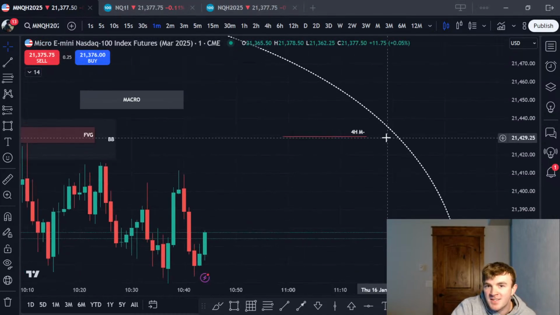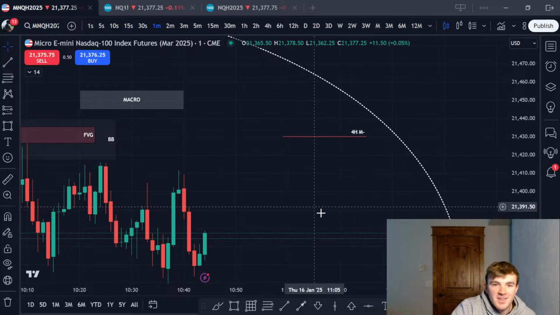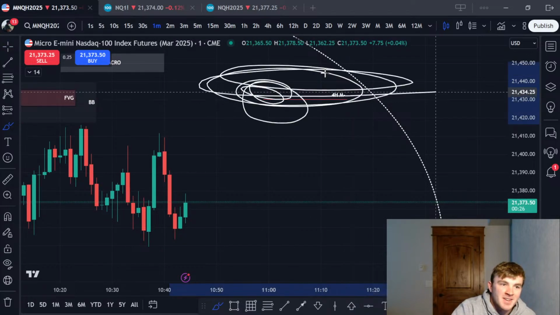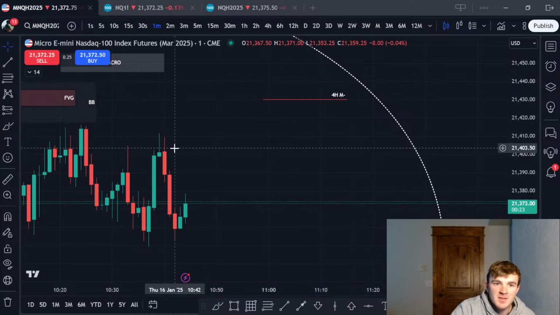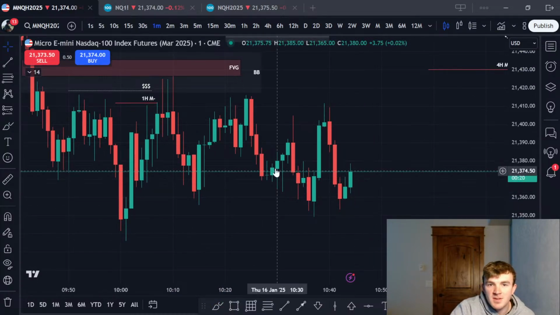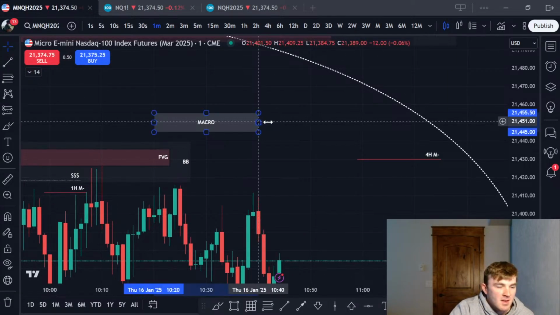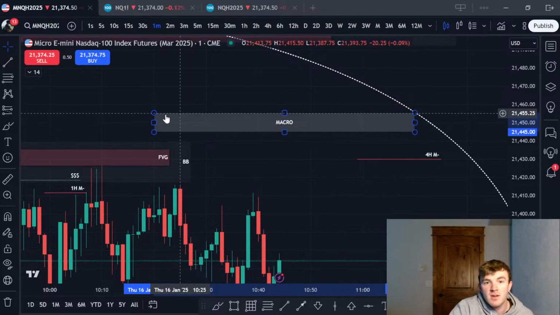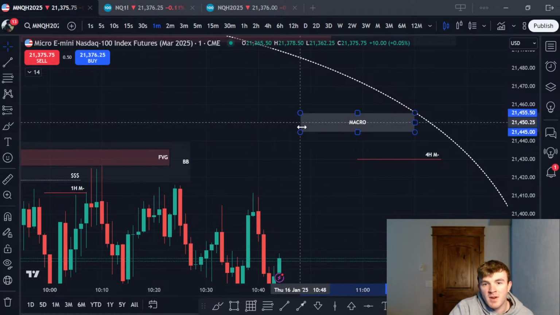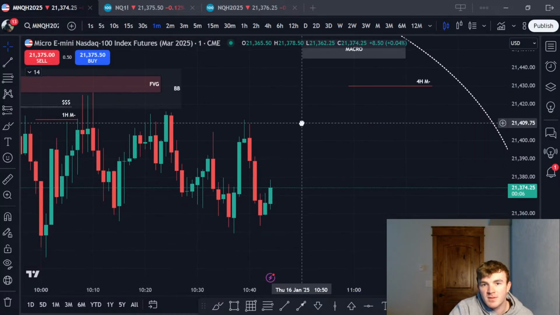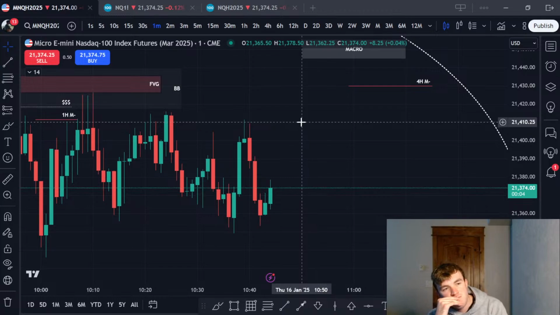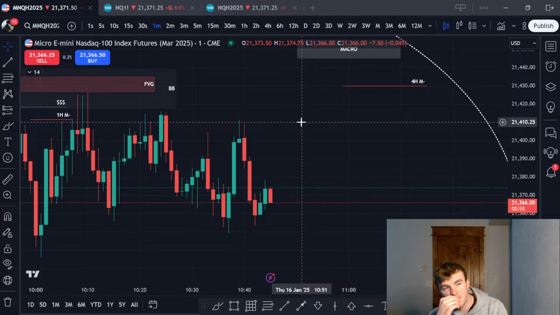I think this is crazy. We just have this 4-hour manipulation level right here, right where we want price to manipulate to. It's too good to be true. So we have the 950 to 1010 macro, 1110 macro. Now, I typically go off the market at 11. We'll just see. If it looks like we could be getting it around 11, I'll stay. But if it doesn't look like it at 11, I'm gonna get off the charts.